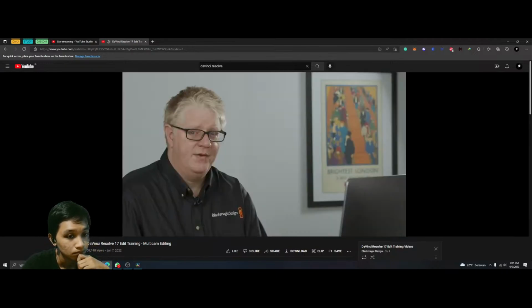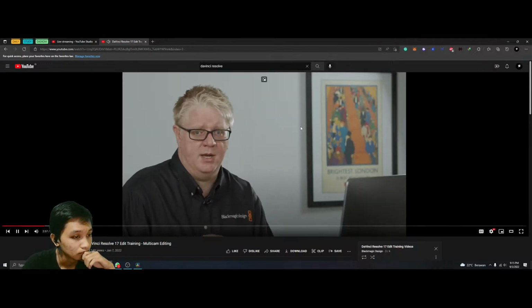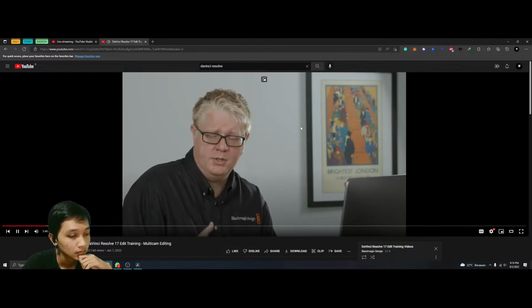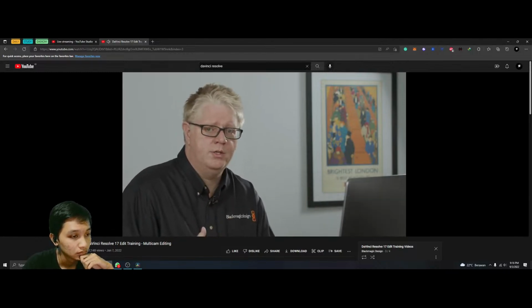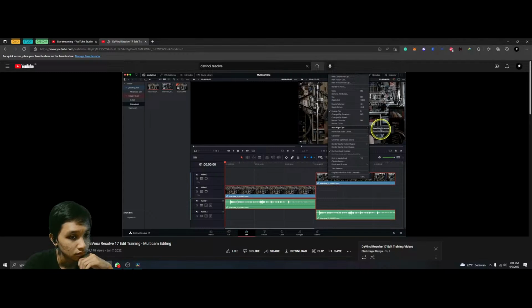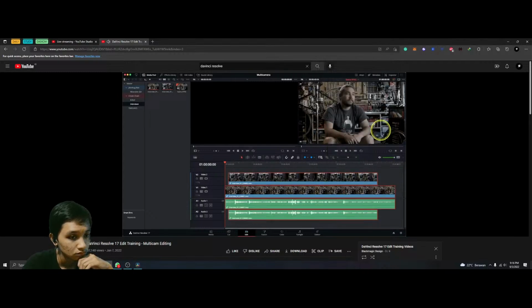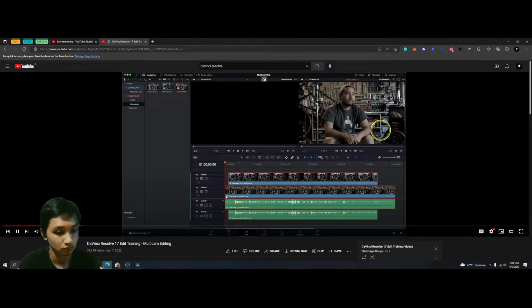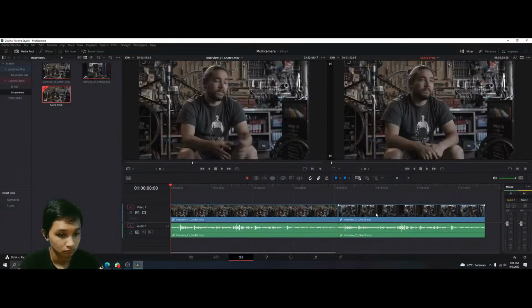Now there are 2 ways that you can auto-align clips in the timeline. You could either use the time code that's matching across the 2 shots, or you can use the waveform. Because I don't have matching time code on these clips, I'm actually just going to use the waveform. So I'm going to choose the option based on waveform. The 2 clips actually get synchronized very well, and you can see